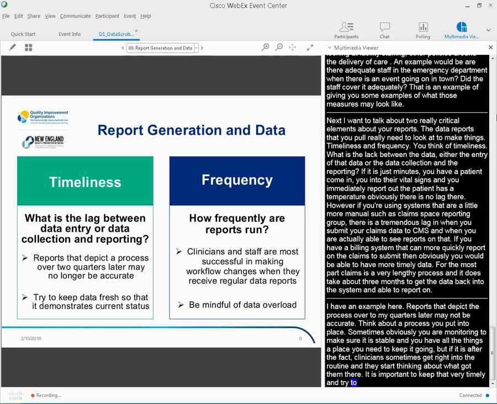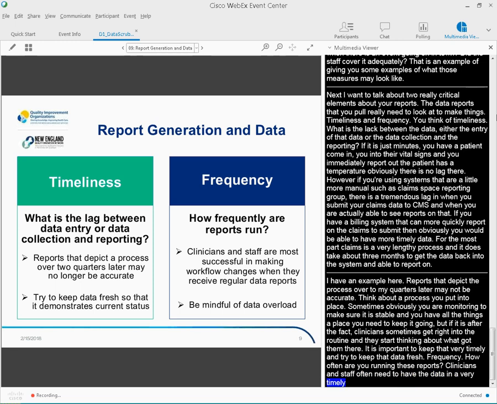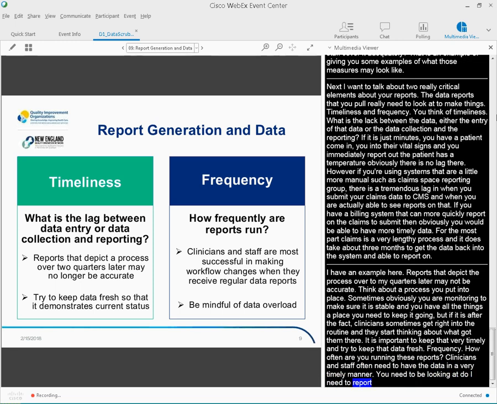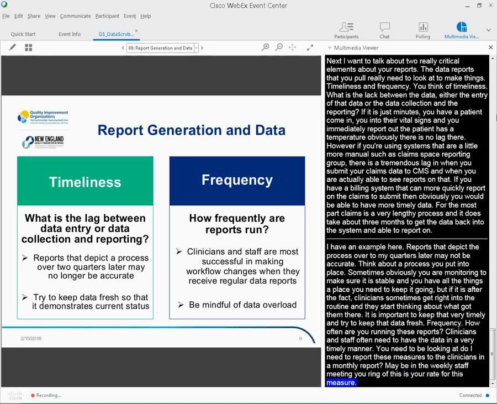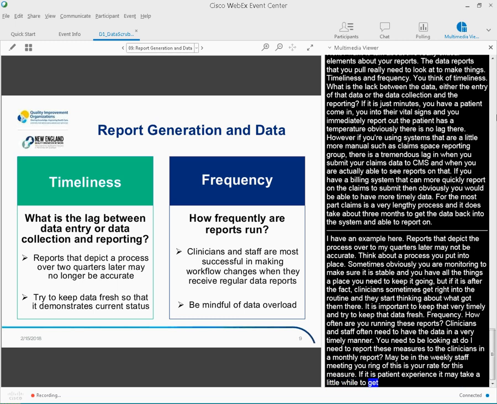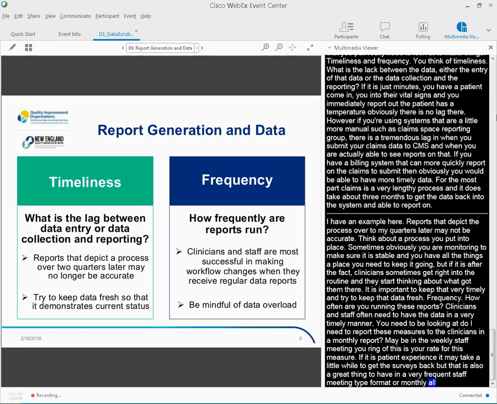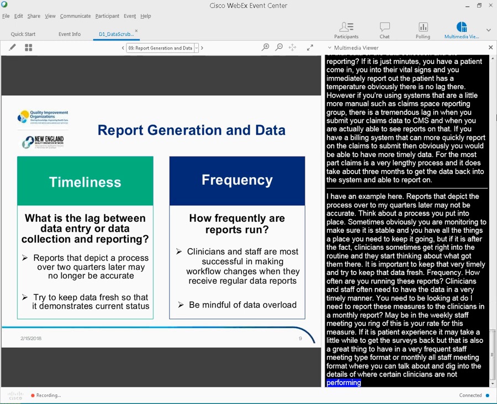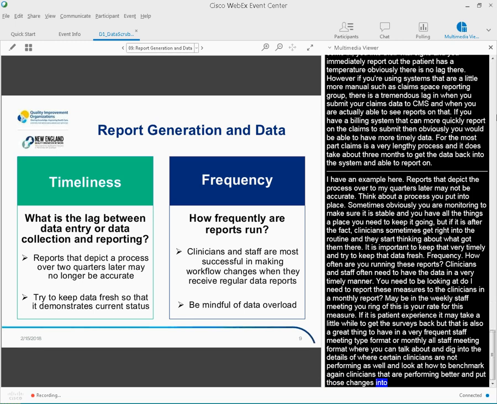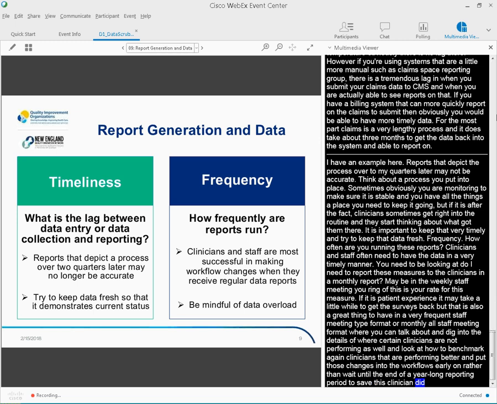If it's patient experience, it might take a little while to get those surveys back, but that's also a great thing to have in a very frequent staff meeting type format or monthly all staff meeting format where you can really talk about and dig into the details of maybe where certain clinicians are not performing as well and look at how to benchmark against clinicians that are performing better and put those changes into the workflows early on rather than waiting until the end of a year-long reporting period and saying, ooh, this clinician really didn't have the data to support it, or they should have looked into their workflow earlier and now it's too late to correct that.